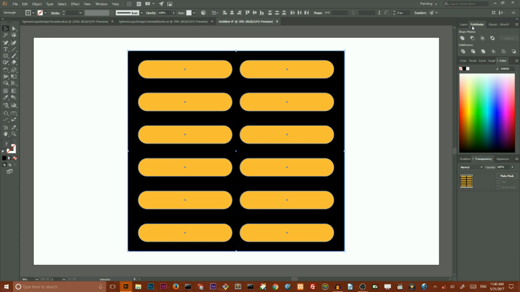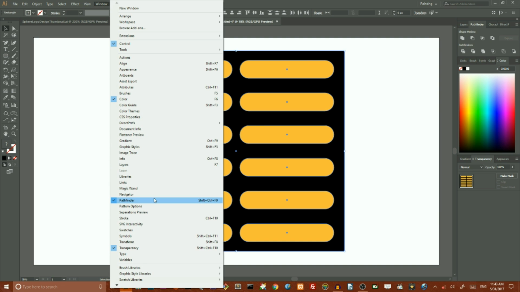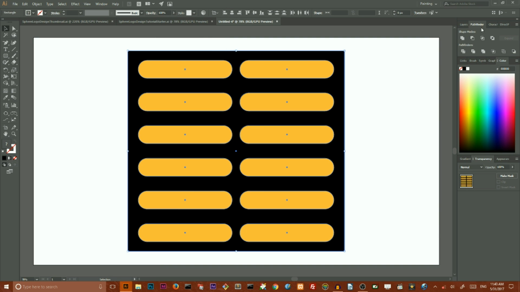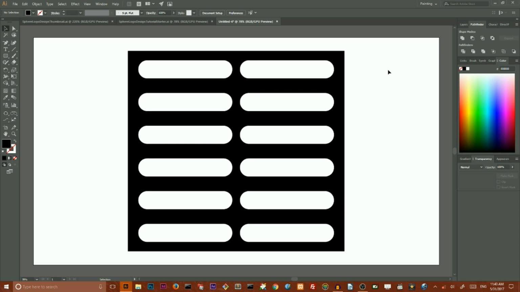Now our next step is to select this black rectangle and this group and go to Pathfinder. If you can't find your Pathfinder, go to Window, Pathfinder, hit that, and use the second operation from Shape Modes, this Minus Front command. So, and now you can see that our group has disappeared, and we have these holes here in our rectangle,